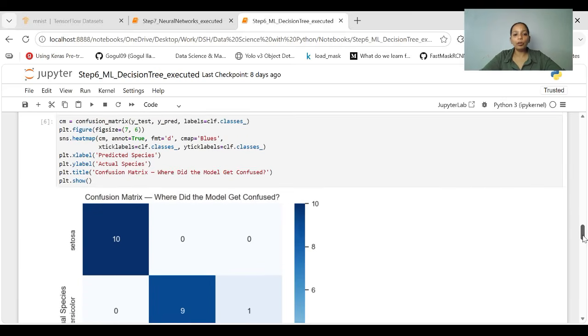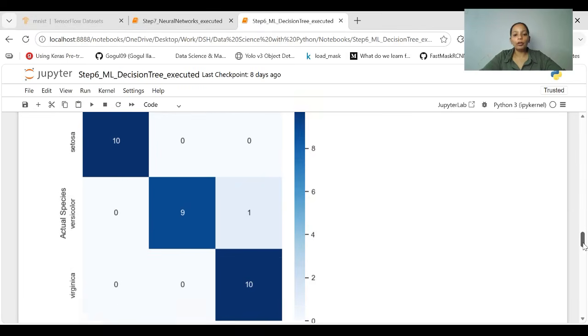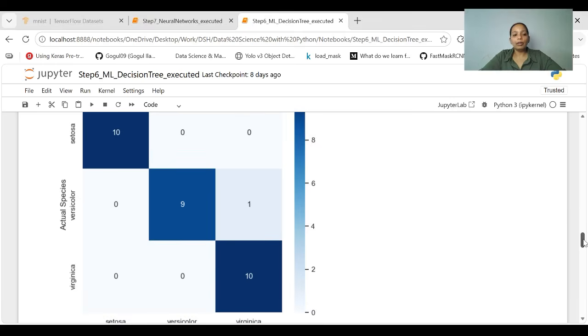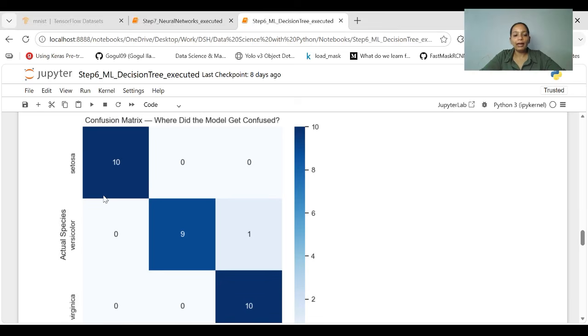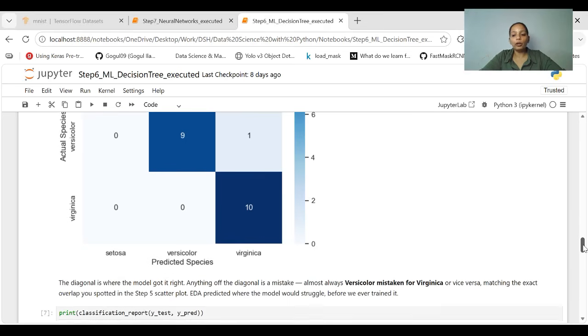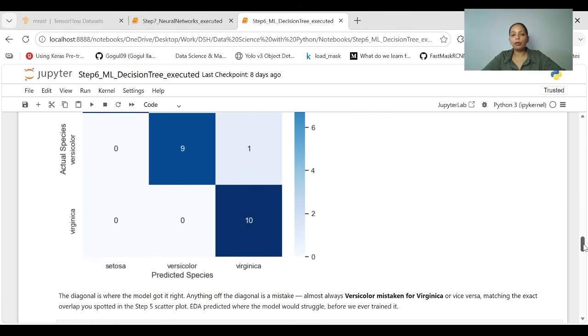We have drawn the confusion matrix to identify where the model got confused. So see, all the setosa samples are clearly predicted. Out of 30, 10 were setosa, 10 were versicolor, and 10 were virginica. All 10 setosa were correctly predicted, but one versicolor is identified as virginica. So here one is mistaken on the test data set. The diagonal values are where the model gets everything right, and all the remaining values tell you where the model got confused. You can also see from the box plot and scatter plot that there are some points where virginica and versicolor were overlapping.